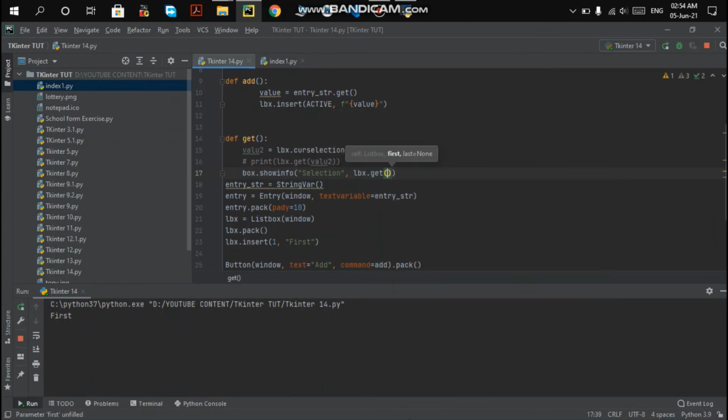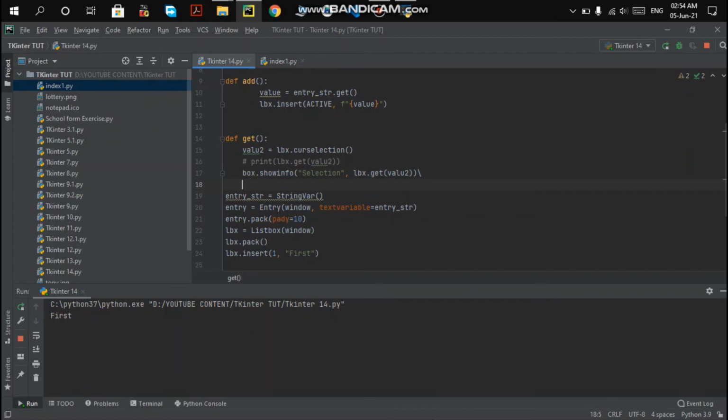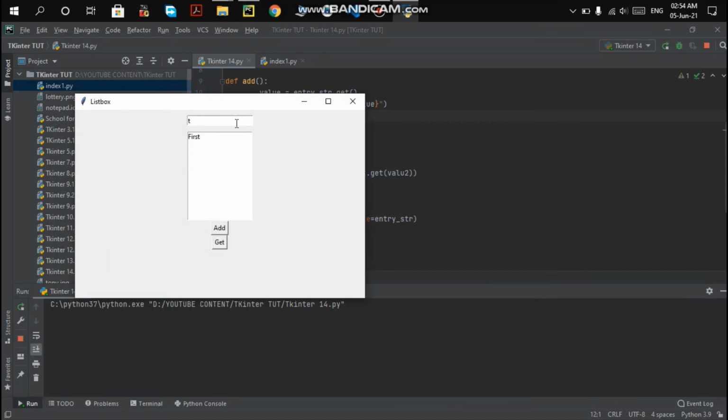Okay, so like this. I'm going to run this. When you write like this and click on add, the value is added, and when you select first or this and click, you get the desired result: your selection as the title and your description as what you have selected.